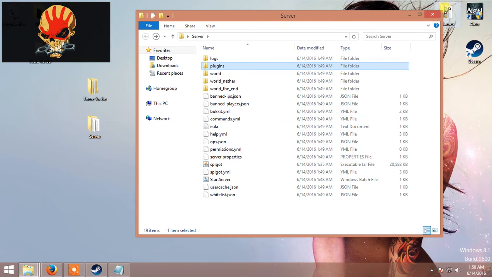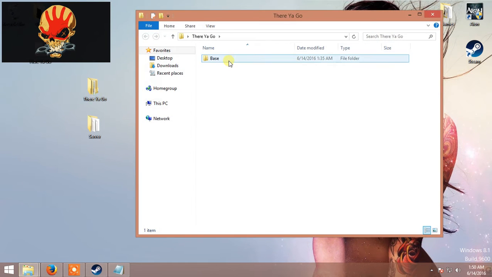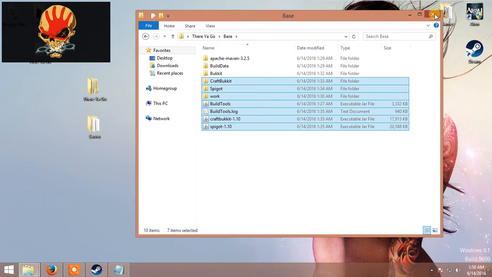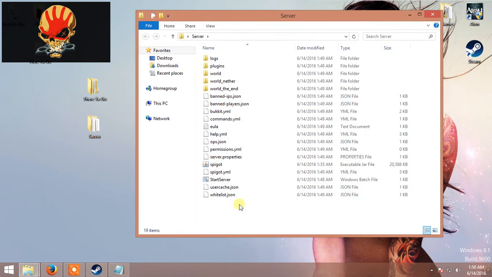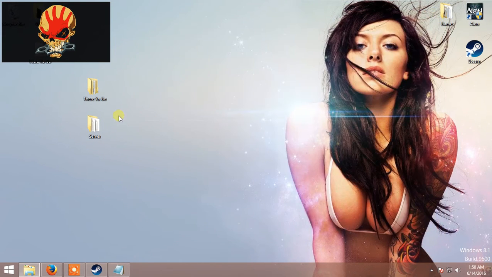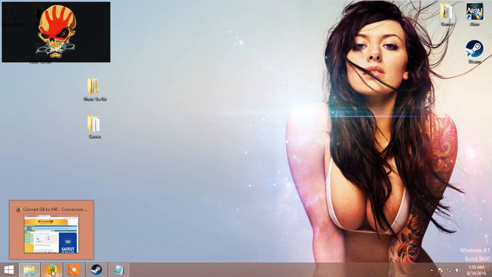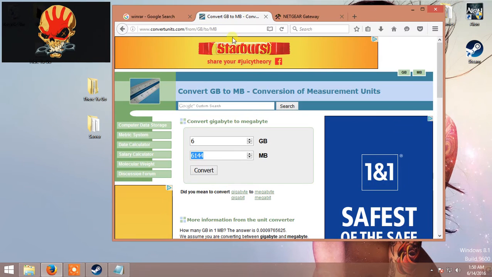Now, go ahead and just close out of that, and you guys really don't need this anymore. You could just go ahead and probably delete that because your server's already set up now. If you already have it port forwarded, well, there you go. You now have a 1.10 server, but if you do not have it port forwarded, I recommend you to go